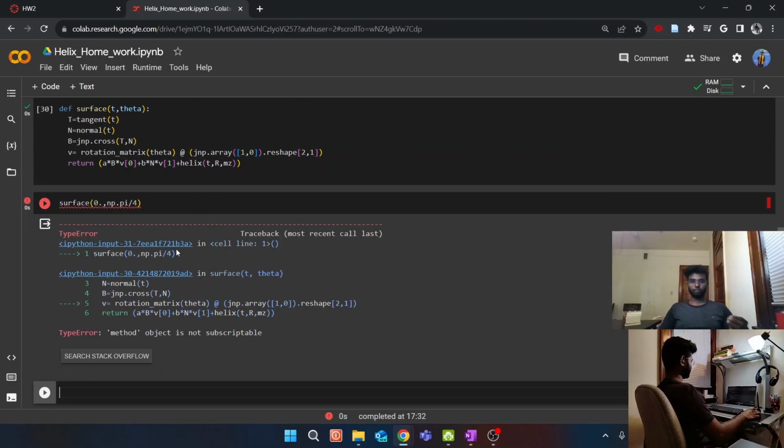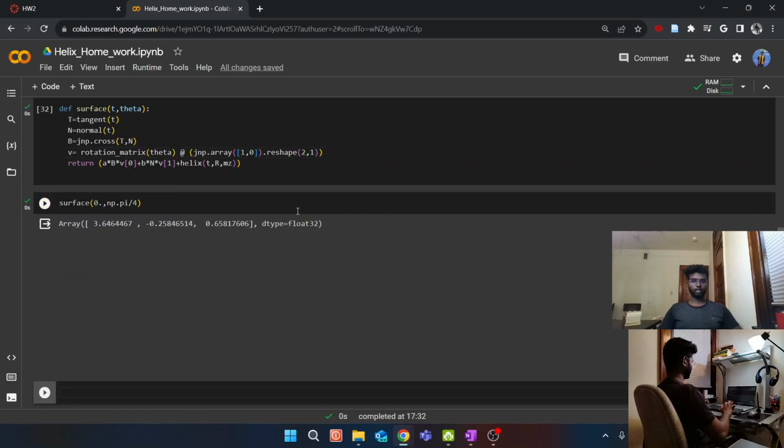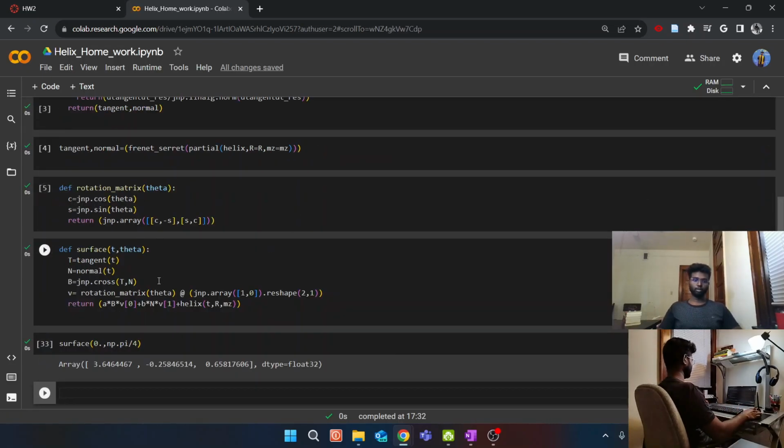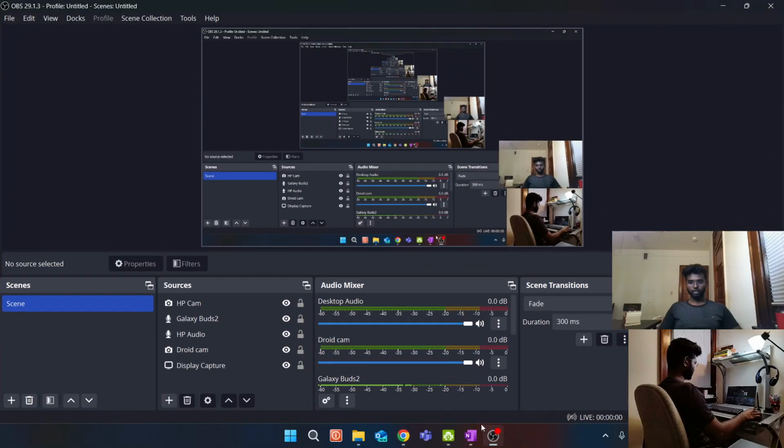As I told, there is some mistake which I've made with the parentheses. So over here you can see, instead of the normal brackets, parentheses, I've given square brackets. That's what's giving the error over here. So let's remove that. And now you see you are getting 3 points. So at t equal to 0 and theta equal to pi by 4,